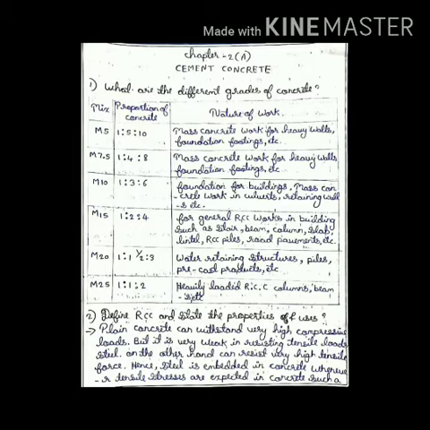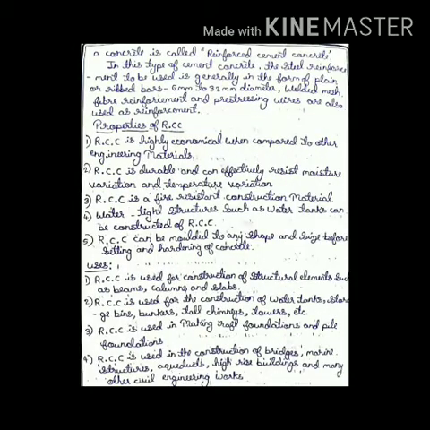Whenever tensile stresses are expected in concrete, such a concrete is known as reinforced cement concrete. In this type of cement concrete, steel or reinforcement bars are used. Usually the bars have diameters of 6 mm to 32 mm. They may be in the form of plain or ribbed bars. Or you can even use welded mesh, fiber reinforcement, pre-stressed wires, etc. instead of bars.